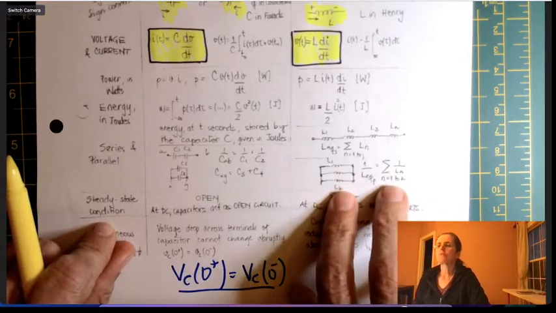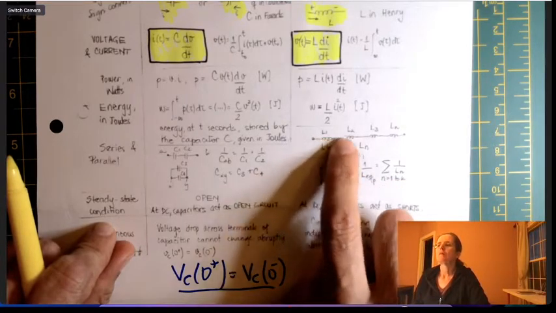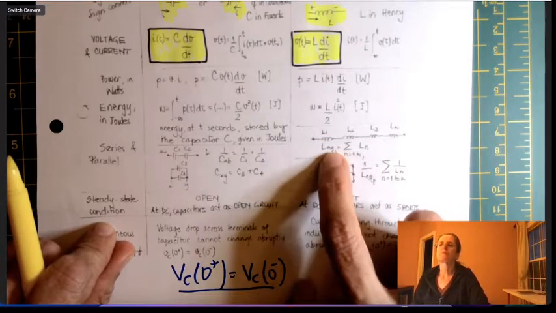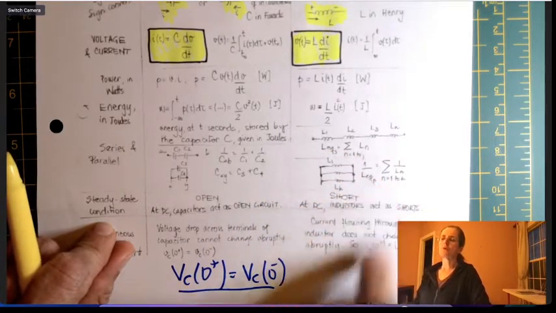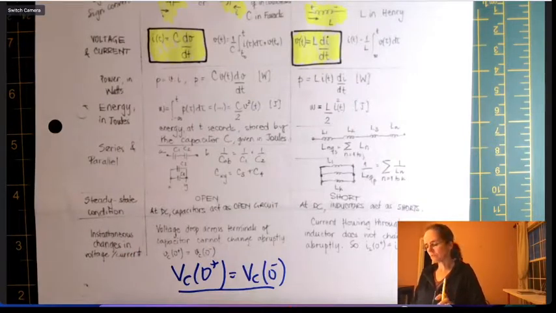Inductors behave just like resistors. The sum of the inductors in series is the equivalent inductance. And when they're in parallel, 1 over the equivalent is equal to the sum of 1 over